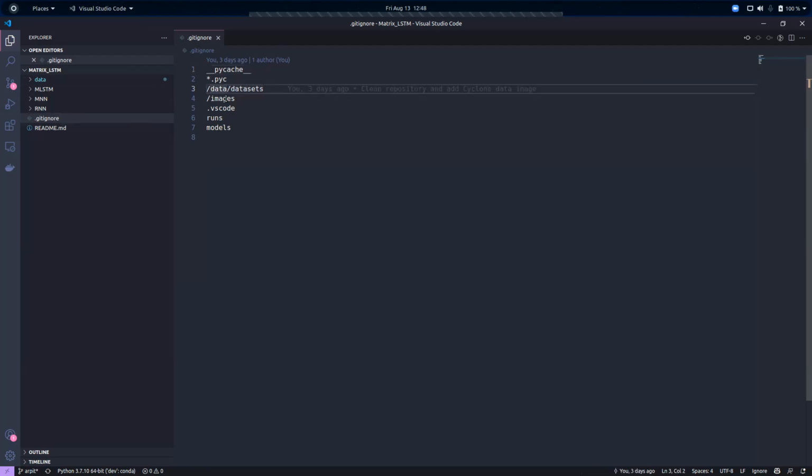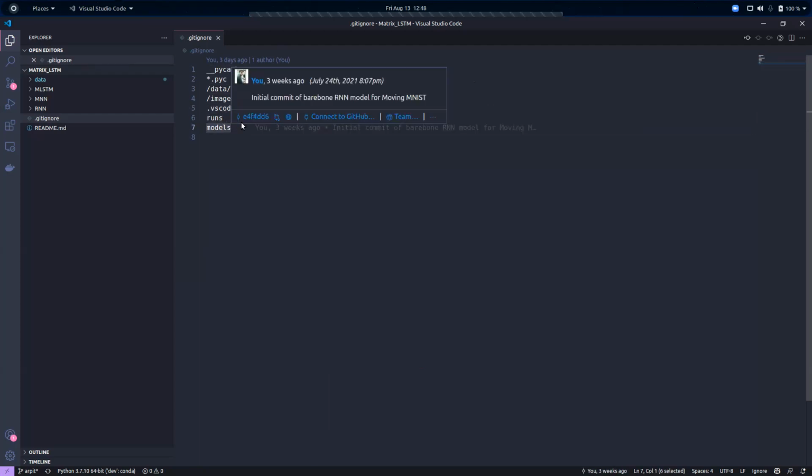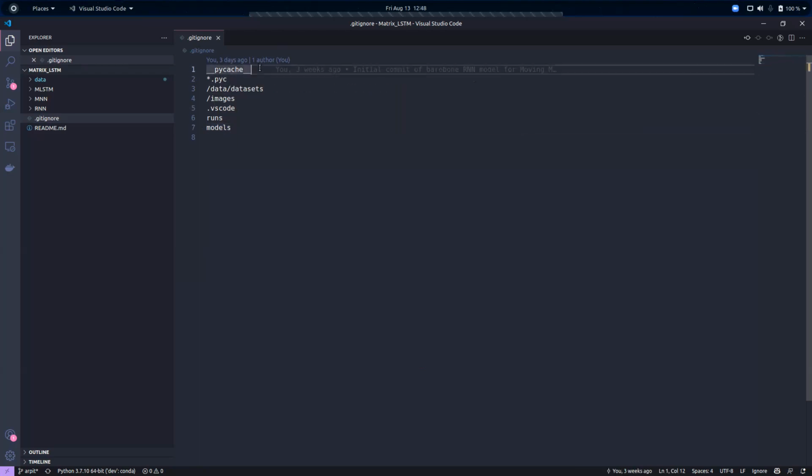Anything inside this repository, I need to start with a slash, like a proper absolute path, because slash means the start of the repository. Any other folder name or path I've added, it will directly ignore. If there's any folder named PyCache, it will ignore all the PyCache folders. For example, I've added this data/datasets path.